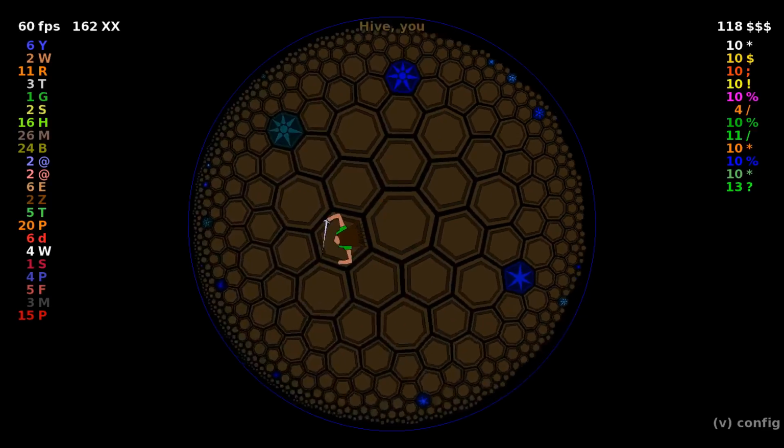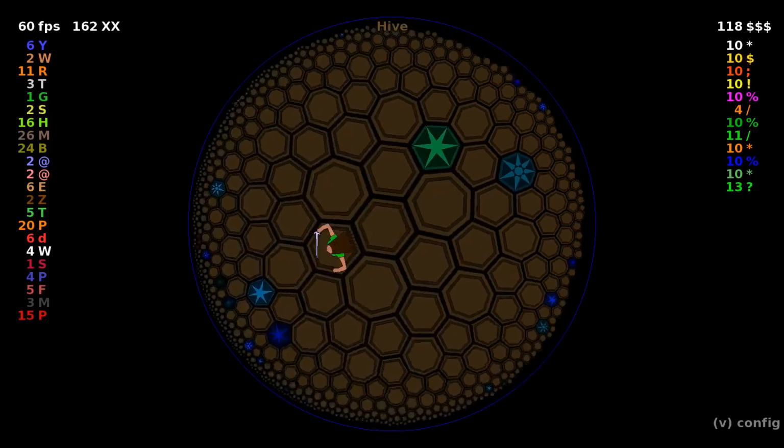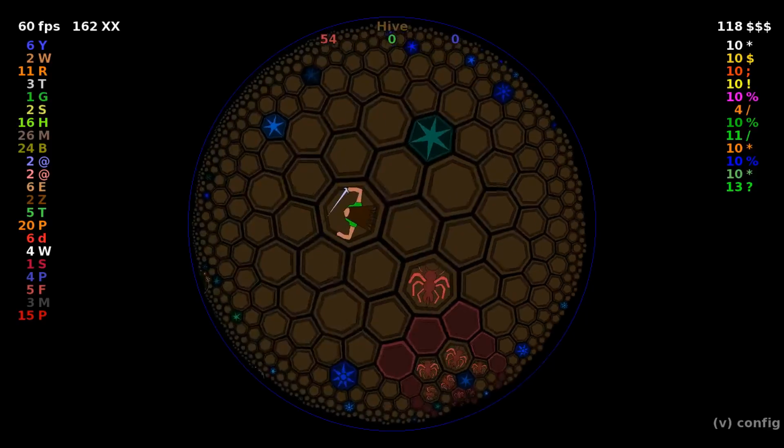What we do want is 10 royal jellies, so let's see if we can do that. We want to just kind of run in a line alongside...